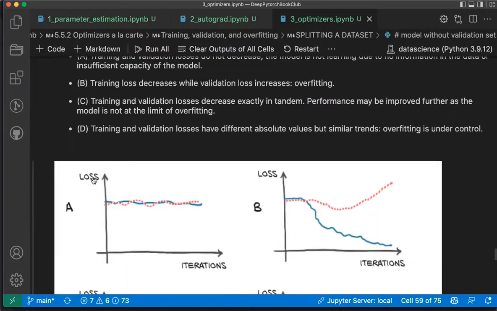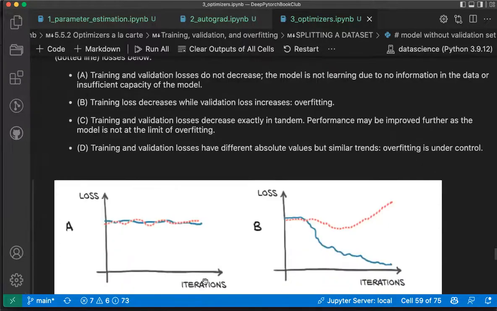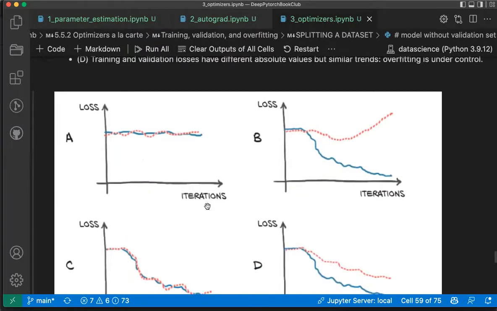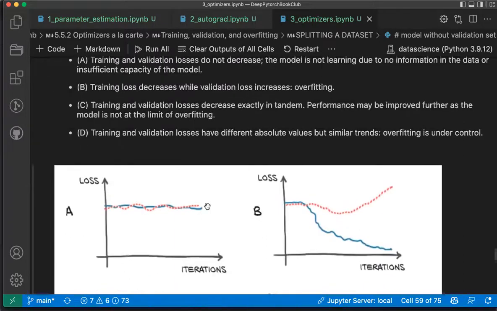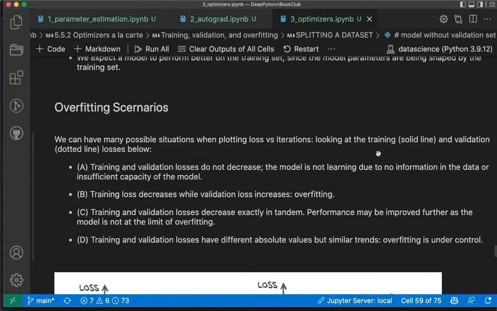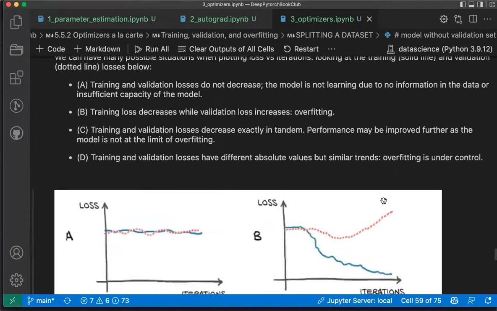So let's assume that this is loss and this is iteration. And let's assume that we are going to discuss possible issues when you do your plotting to find out whether you are overfitting or not. So we are looking at training and validation loss. The training loss is this solid line. This dotted line is validation loss. Now, what happens if your validation loss and training loss